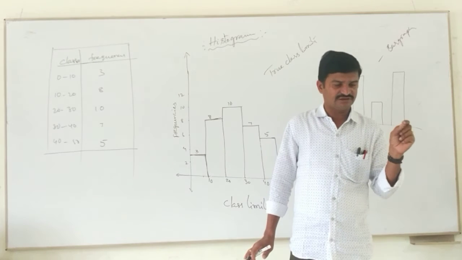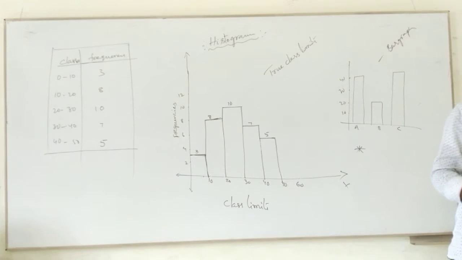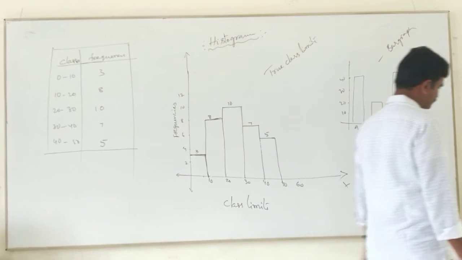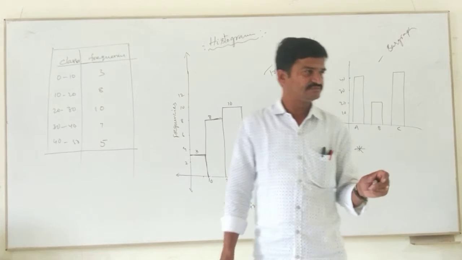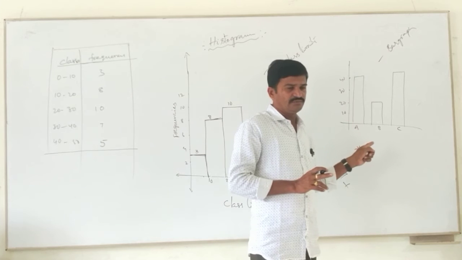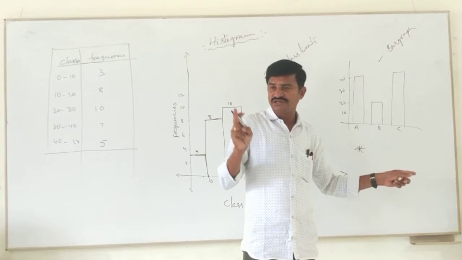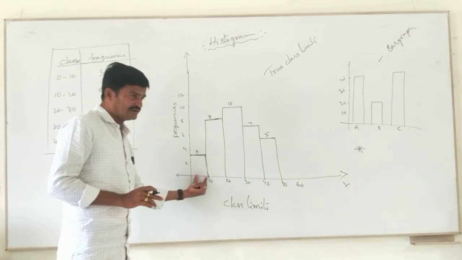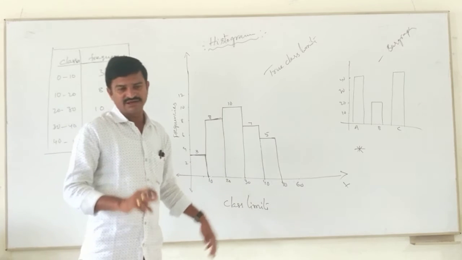the length of the class or class interval. Once again, I am telling the point. In a histogram, the width of all the bars is same, and also it represents the length of the class or class interval. See how much gap is here? 10, na? This 10 is nothing but the class interval, na? Are you clear? Second point, note down.